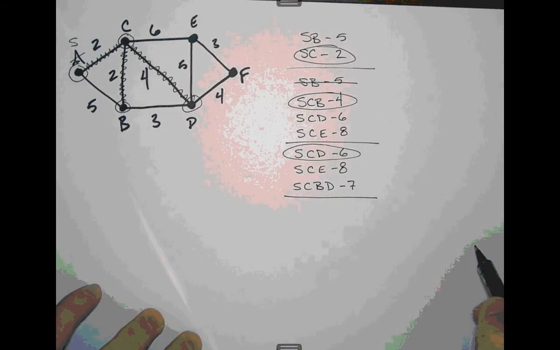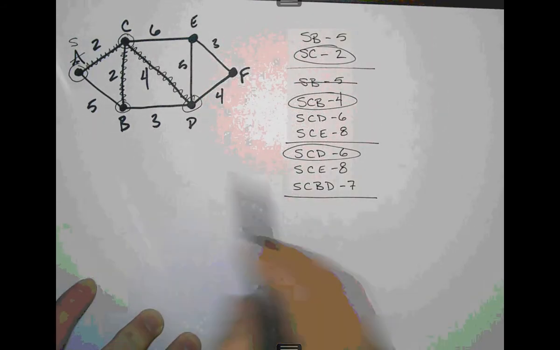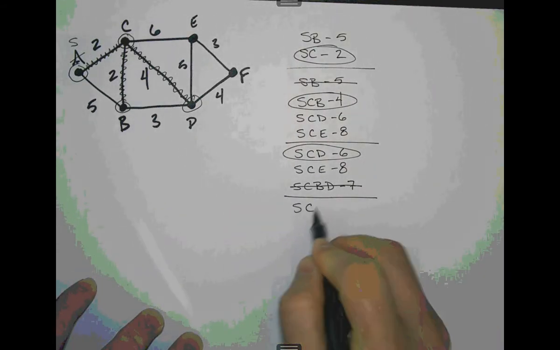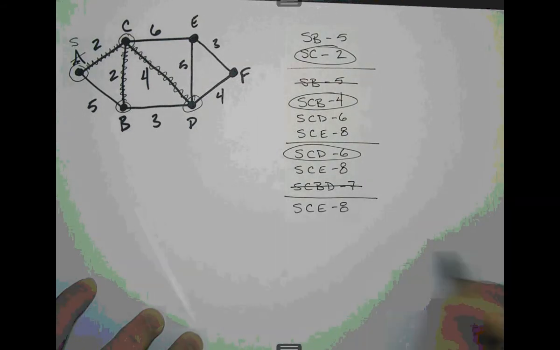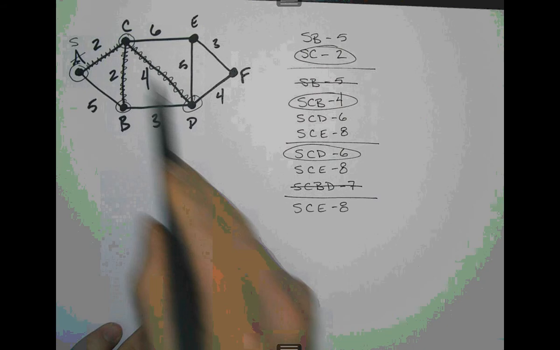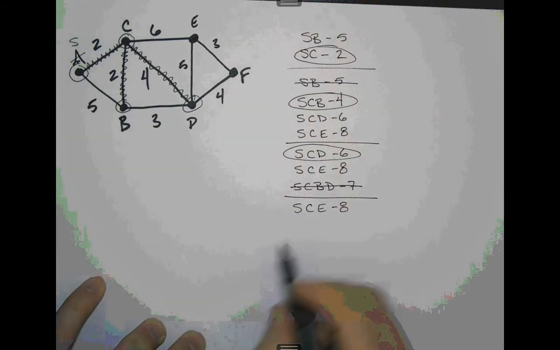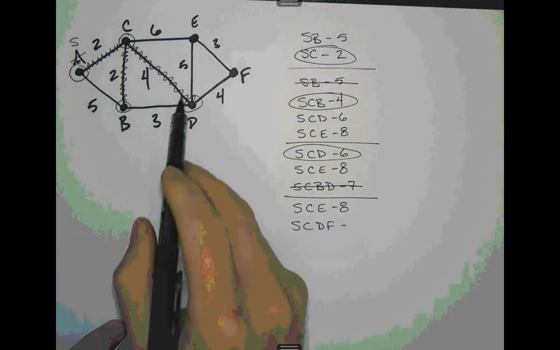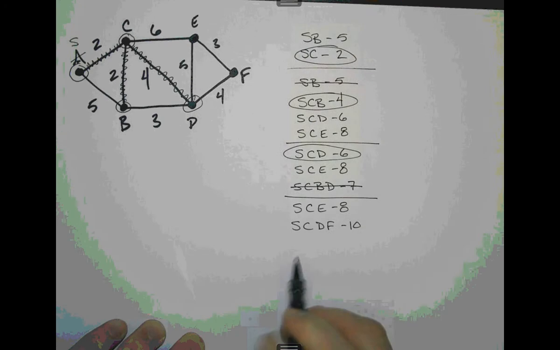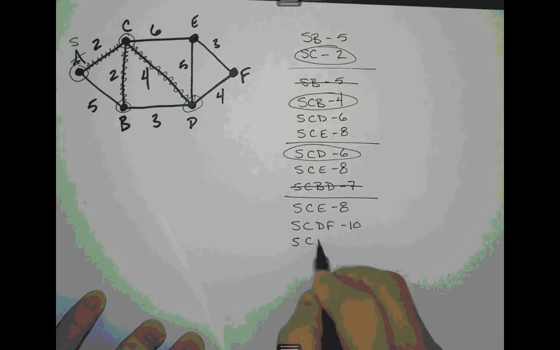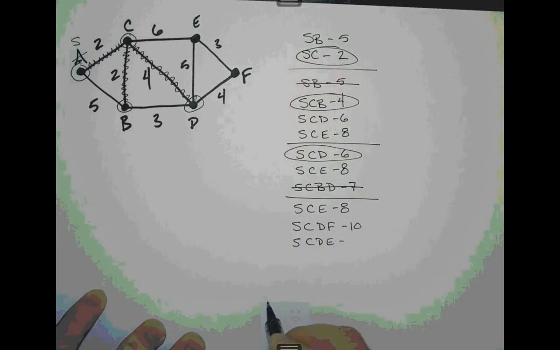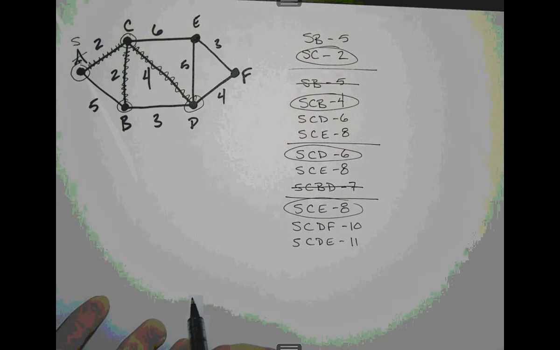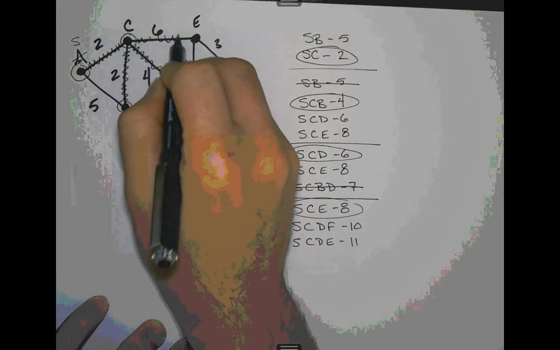So we find SC and then highlight down to D. And we keep going. Well, now because we've already gotten to D, we're not going to do this SCBD option, cross that one out. Bring the SCE down with 8, and then I could go SCDF, right? So SCD is 6 plus 4 is 10, or I could do SCDE, which is 6 plus 5, 11. We pick the shorter of the two, highlight SCE, circle E,